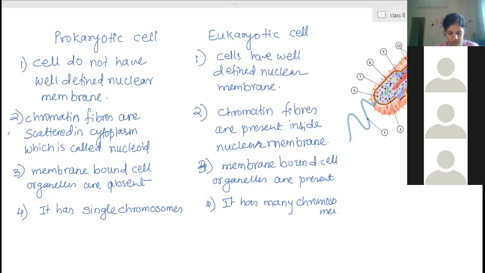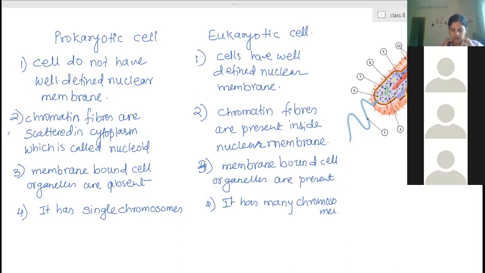The question answers on this chapter. So what are the chapters we have learned? What are the parts we have learned in this? First is cell theory. What is cell? Who has discovered the cell that we have learned? Ma'am, shape and size. Different types of cells have different shapes, different sizes, different locations. Structure of cell, types of cell: unicellular, multicellular. The different shape and size depends on the function it performs.